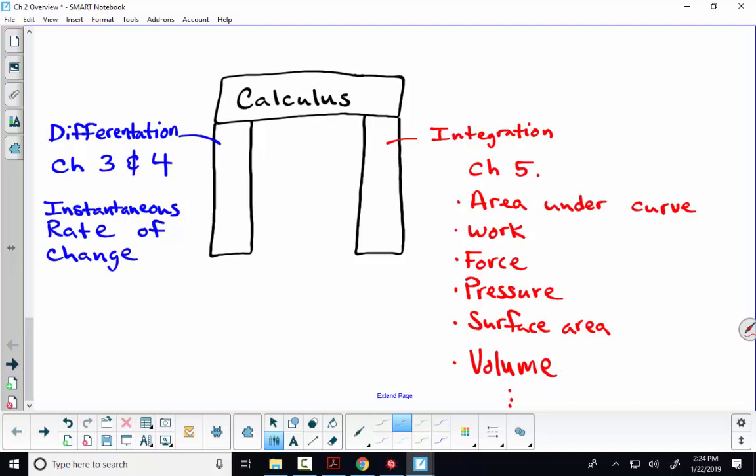If you go on to Calc 2, a lot of Calc 2 is devoted to studying integration techniques. Okay, so those are the main branches of calculus,